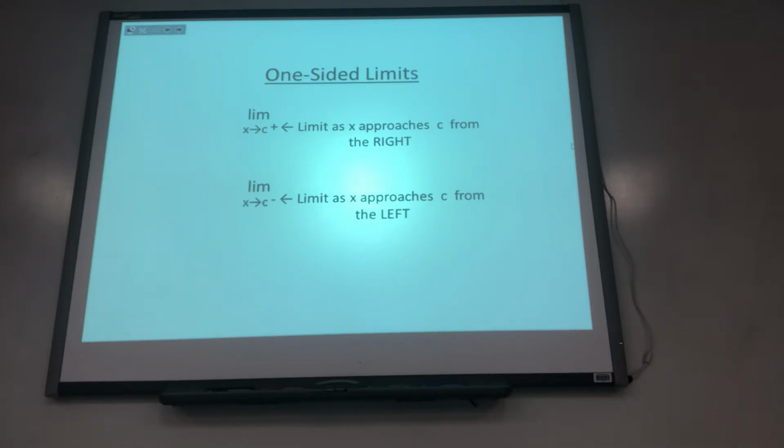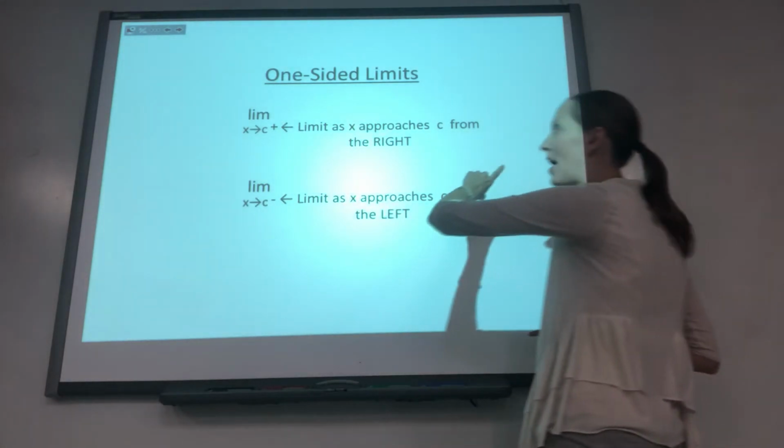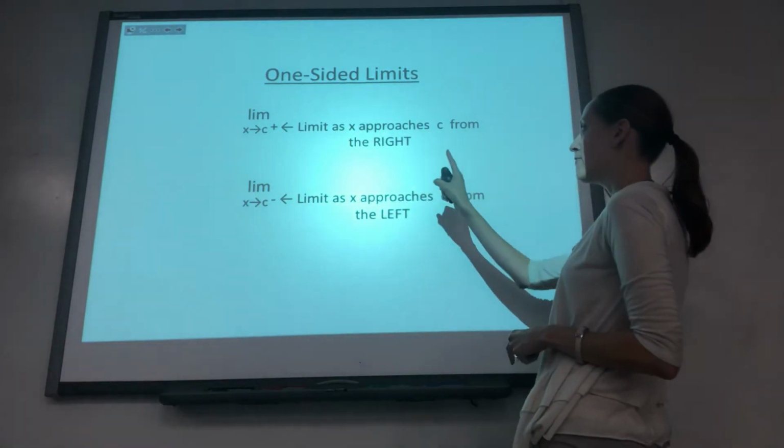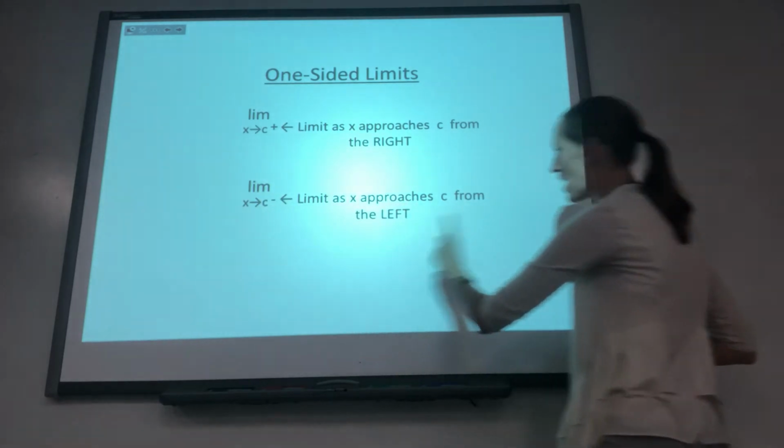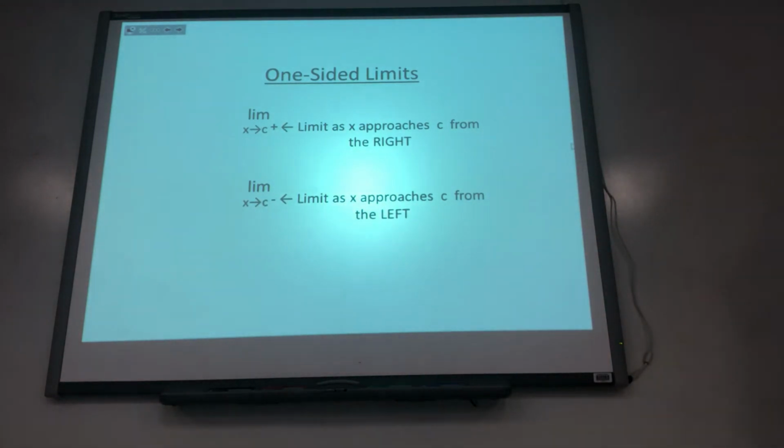Okay, so when you do this on a graph, you don't have to use 2 fingers anymore coming in toward an x value. You only have to use 1. If it's a plus, coming in from the right. If it's a minus, you're coming in from the left, and you're still trying to figure out what y value you're approaching as you do that. Okay,